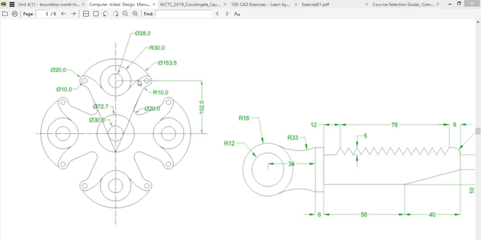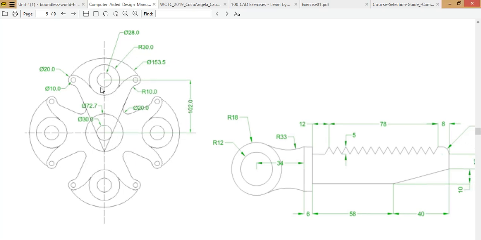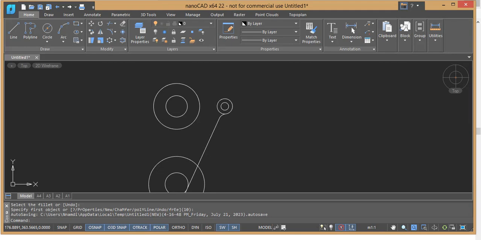So we're going to actually draw it in NanoCAD. We need to draw a circle that is tangential to this circle and the other circle, which resembles what I just showed you now. And then we can trim off everything to have what you're looking at here. So if we go to NanoCAD,